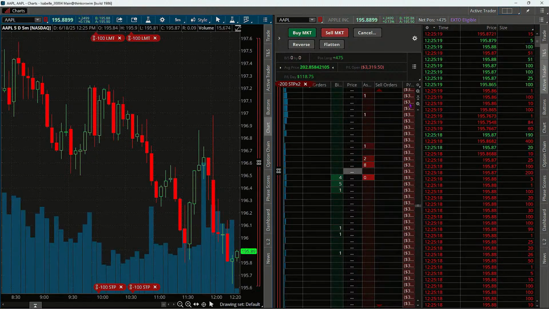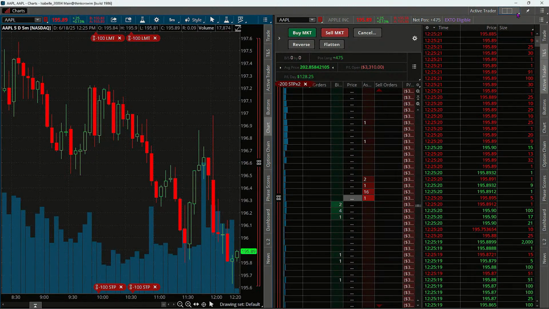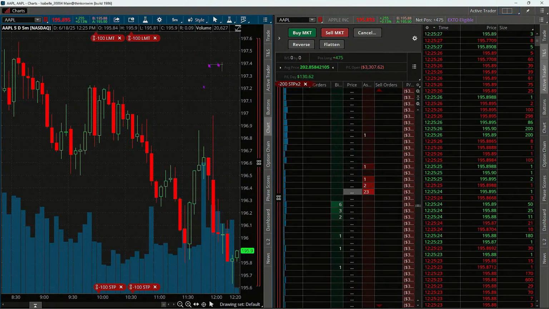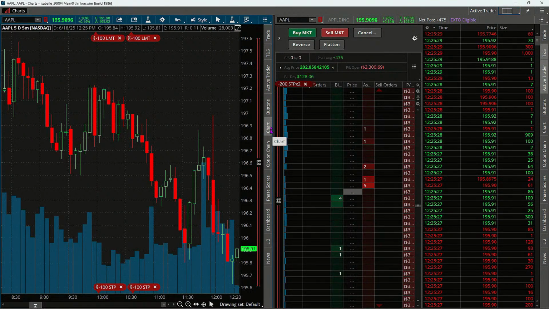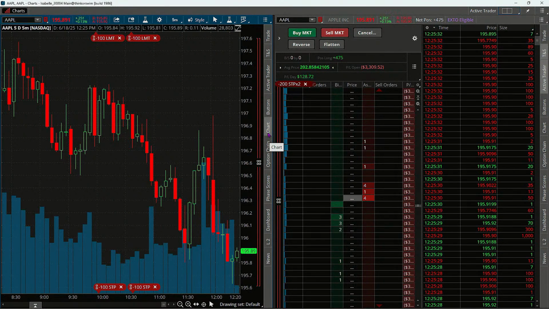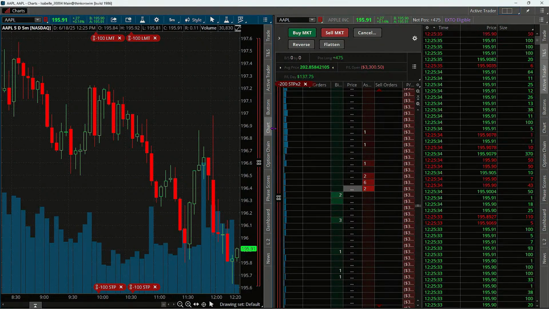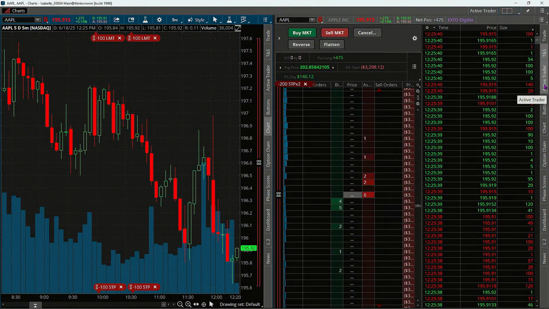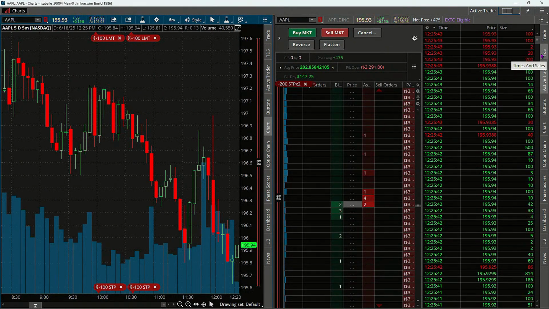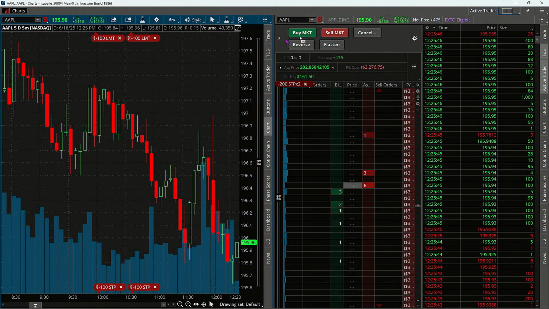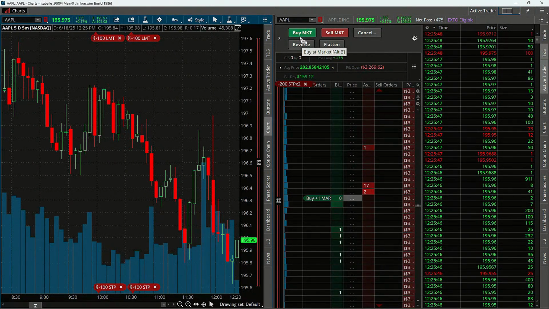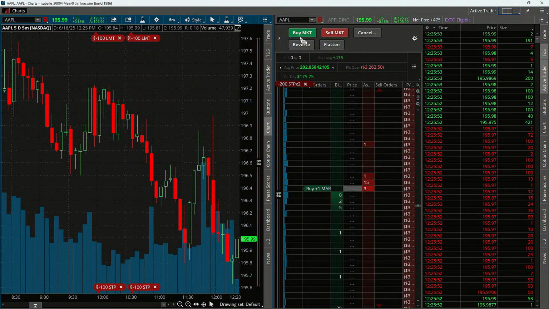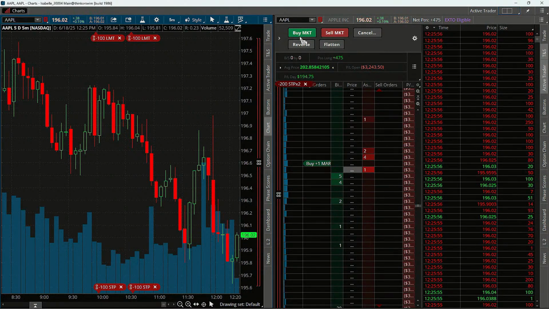All right, so what they've done, they've built a 2-chart grid where the left-hand side shows the chart. See the chart button depressed here, everybody, in the middle? That's the only thing that's depressed. But look over on the right, and we've got the Active Trader button. We've got time and sales loaded as well. So we've got the ability to place a quick trade by hitting the buy at market or hitting the sell at market detail here. And we can get out of those positions rather quickly.